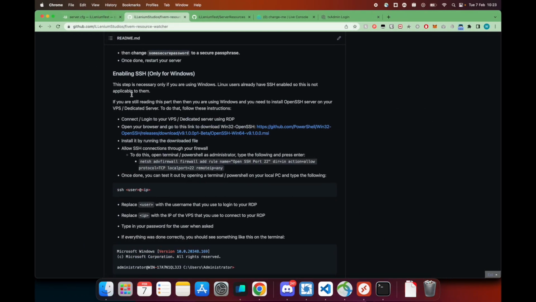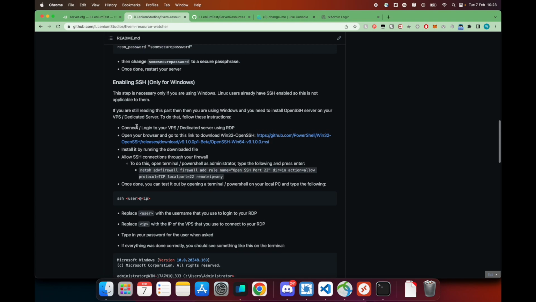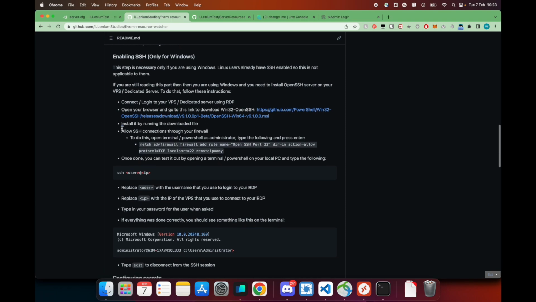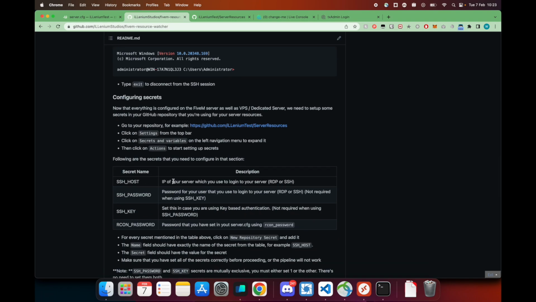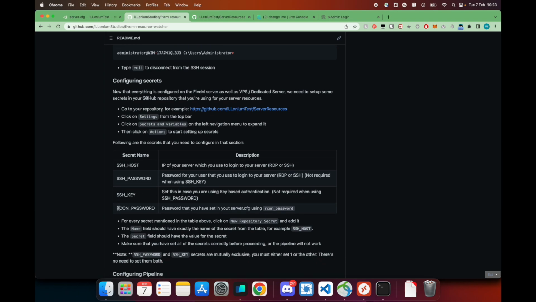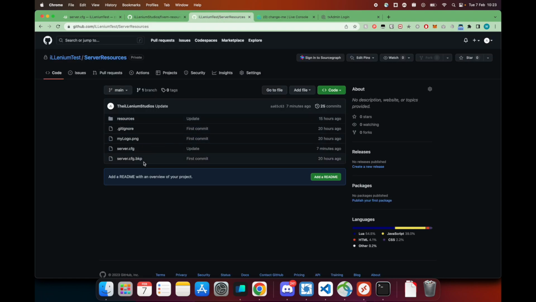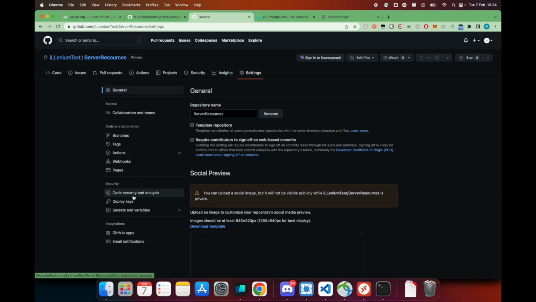So now that you have set up SSH as well, the next thing that you'll need to do is configure some of the secrets. This will be the IP of your server, the password that you use to log into your server, and your rcon password that you've set. So in order to do everything, you need to go into your resources repository, go into settings, click